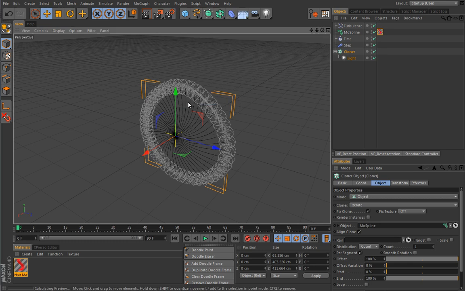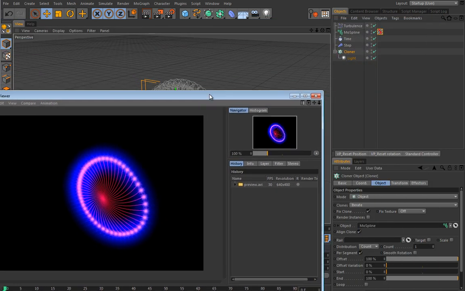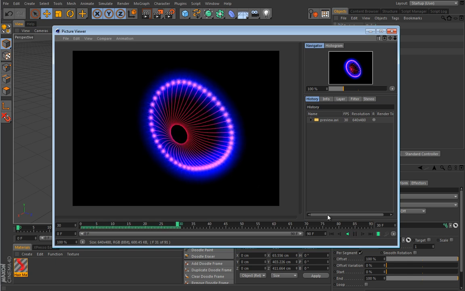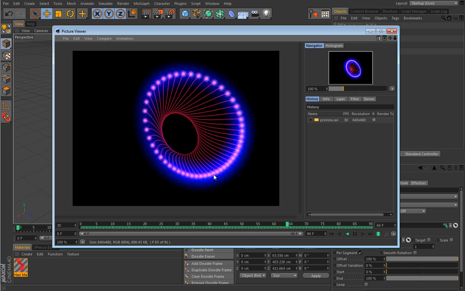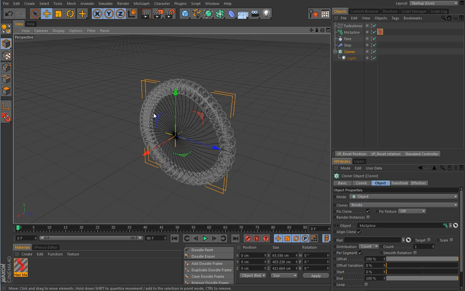I will hit OK, and I'll give it some time and pause the video until this guy calculates the preview. So, here we are at the end, and let me scale this picture viewer, and let's hit play and see how that looks. So this is a really interesting effect, and I really encourage you to explore this Mospline because it's simply mind-blowingly